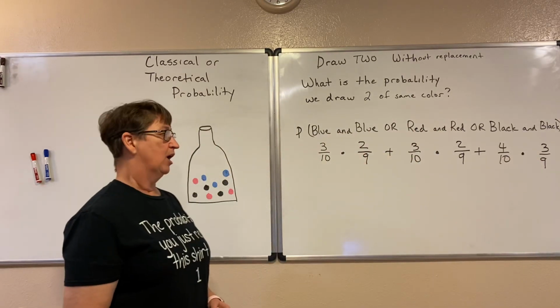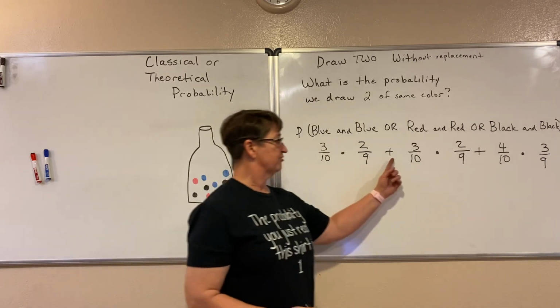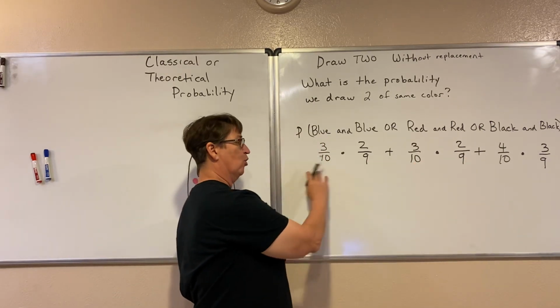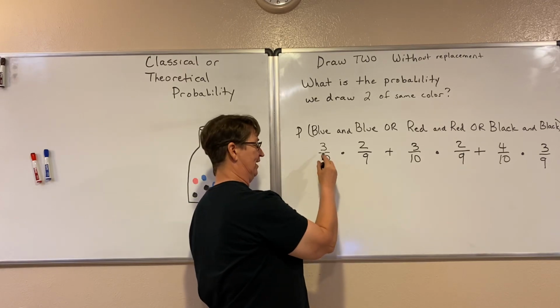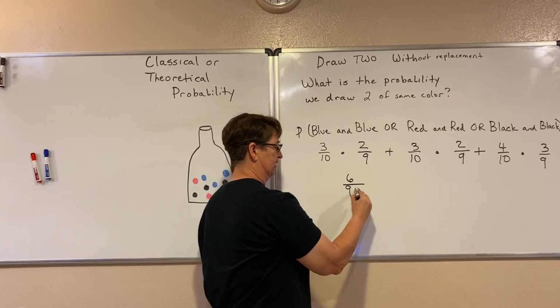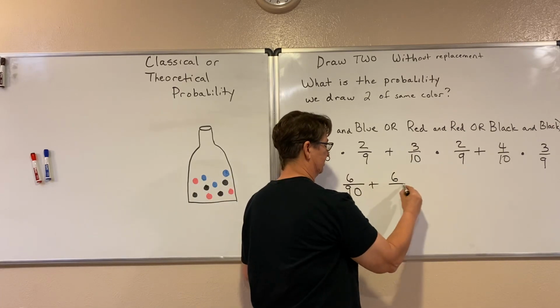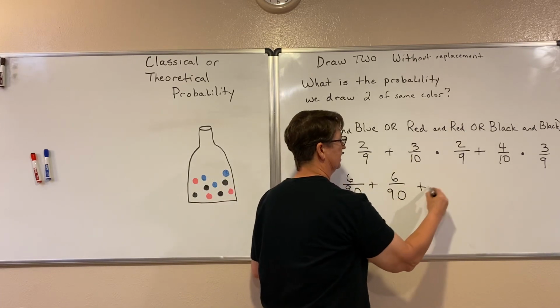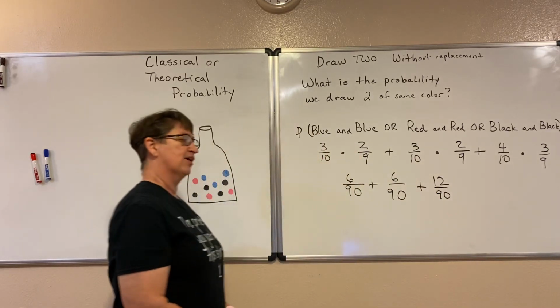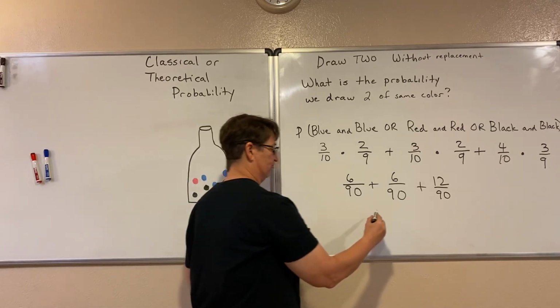And I'm going to go ahead and do this. Again, because I'm adding, I'm going to wait to simplify until the very end. I'm going to want a common denominator in order to add. So 3 times 2 is 6. 10 times 9 is 90. 3 times 2 is 6. 10 times 9 is 90. And this is 12 90ths. Add those together. I've got 12 plus 12, which is 24